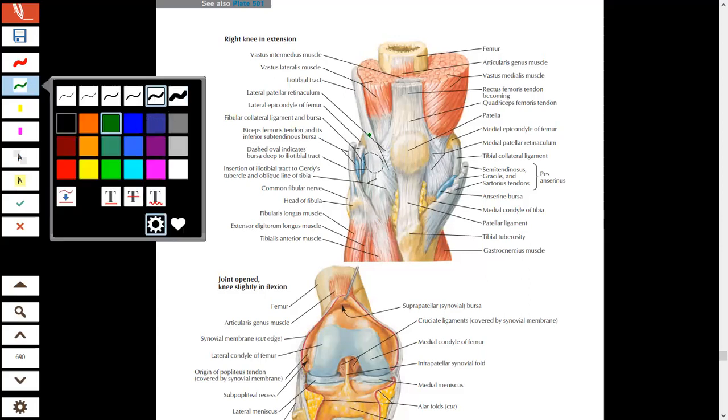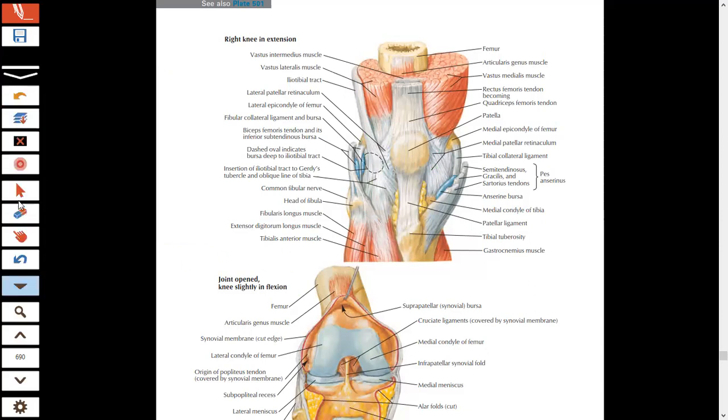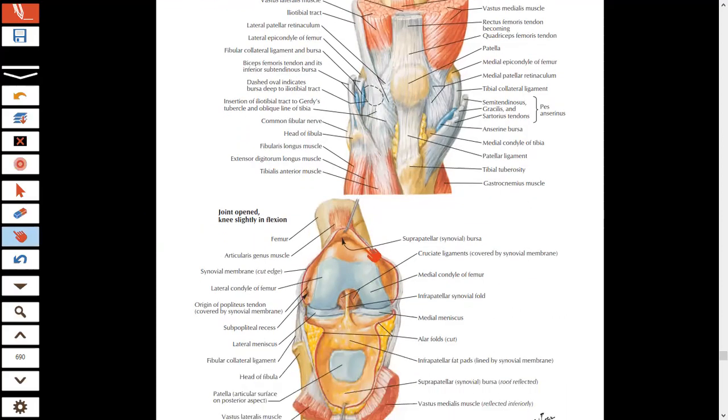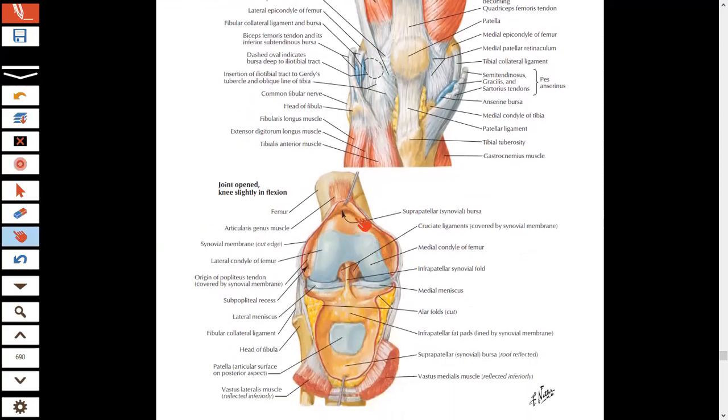Okay, so this is your knee joint here, which is showing you in the picture, and this is the complete whole picture of the knee joint. ये देखें, so this is your knee joint now. Joint open, knee slightly in flex position. So first of all, you must have to know what is the knee joint itself. So please remember, knee joint, it is a condylar type of